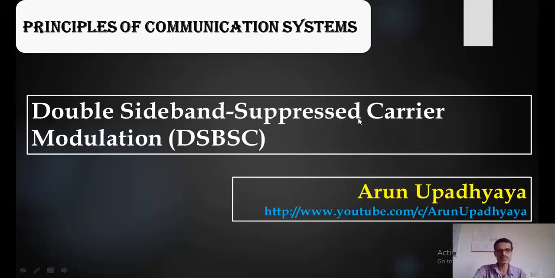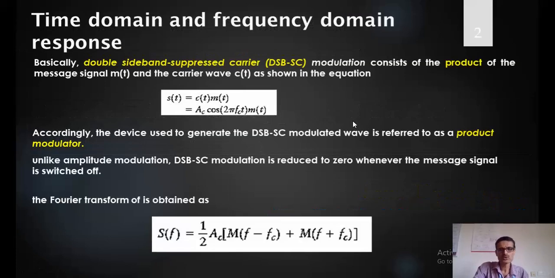Now we will understand this DSB-SC technique by representing the modulation output both in the time domain and in the frequency domain. See, as I told, here is how to generate this DSB-SC signal. What we have to do is multiply the message signal and the carrier signal. As I'm highlighting over here, C of t is your carrier and M of t is the message signal. The product of C of t with M of t is S of t, where S of t is a double sideband suppressed carrier modulated signal.